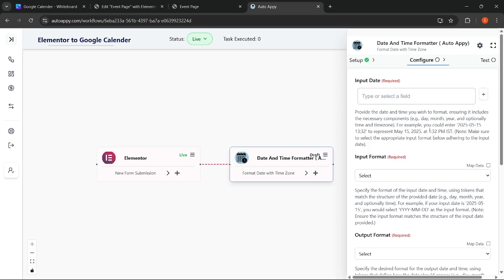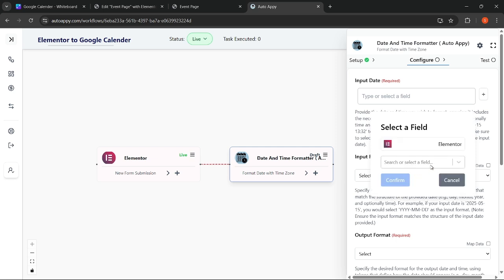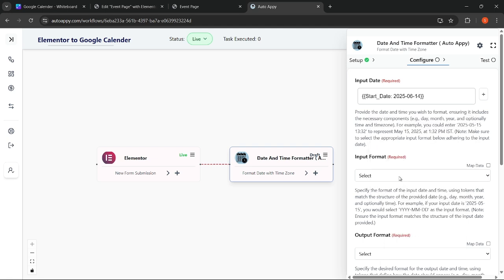Input the date. Before inputting the date, I'm going to introduce this plus icon. The plus icon is simply the mapper, which captures all the data and fills it in where required. So just tap Elementor and the date they are providing. I'm going to provide this date, starting date, confirm it,